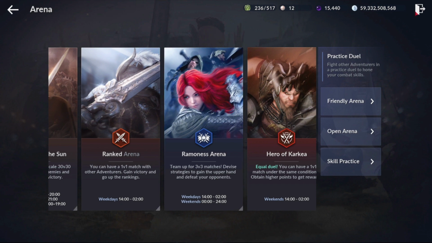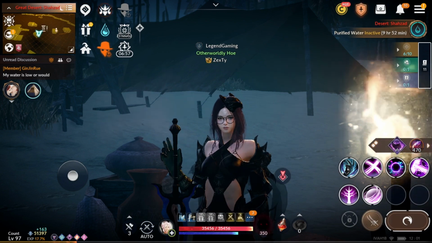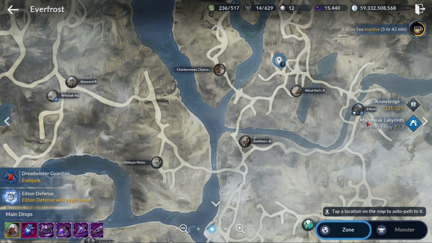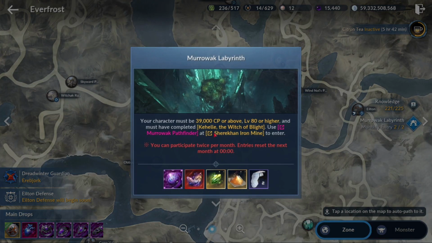So the last thing that I wanted to talk about was Murrowak Labyrinth. Here in the Everfrost region, as you can see, there is a monthly entry of Murrowak Labyrinth. Whenever you click this, these are the requirements. You must be 39,000 CP or above, and also level 80 or higher, and you must have completed, I'm just going to call that Kelly, the Witch of Blight, and then you'll have to use these Murrowak Pathfinders at